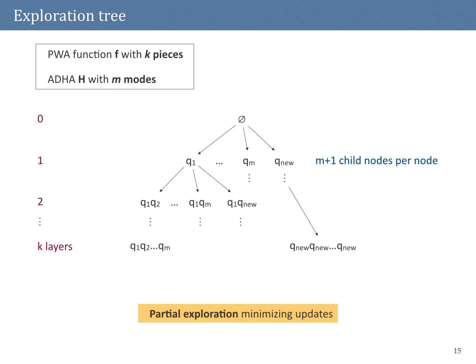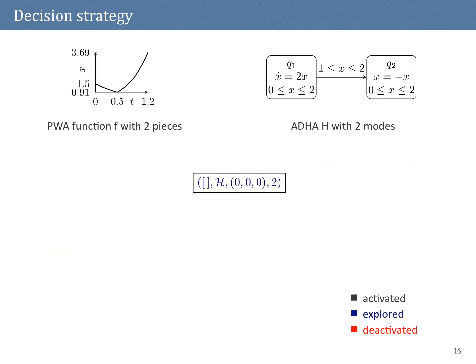Computing every updated model is not efficient, so we introduce a decision strategy to partially explore the tree. Let me illustrate the decision strategy in the following concrete example. We have a function here of 2 pieces and a hybrid automaton model with 2 modes. The root node of the exploration tree corresponds to the empty path and includes the initial model, and here we